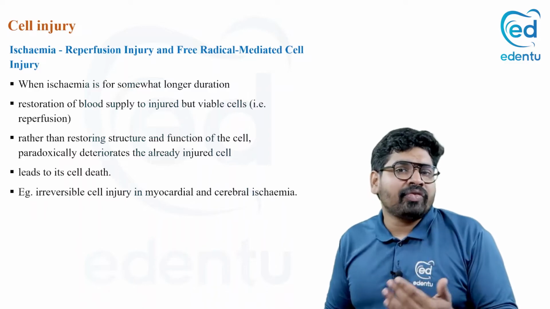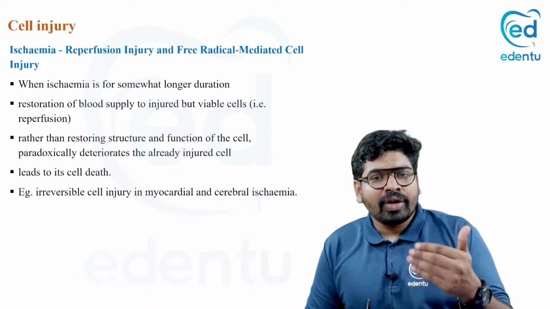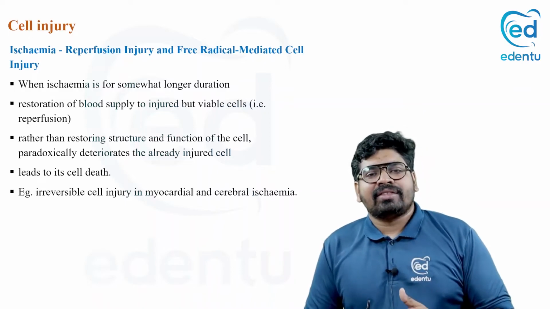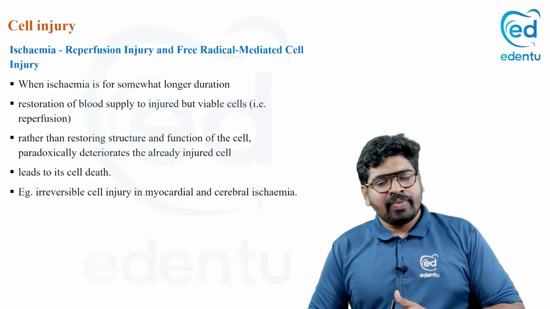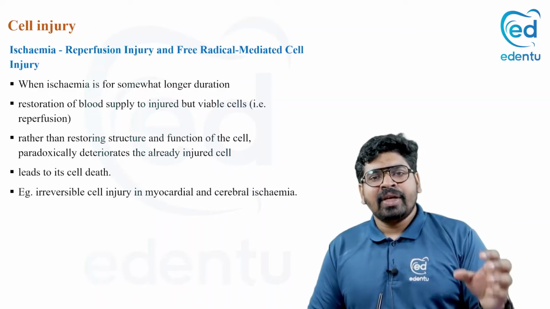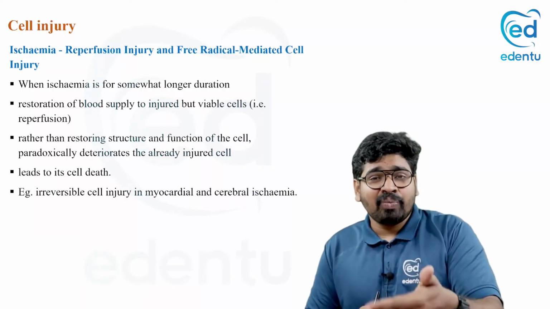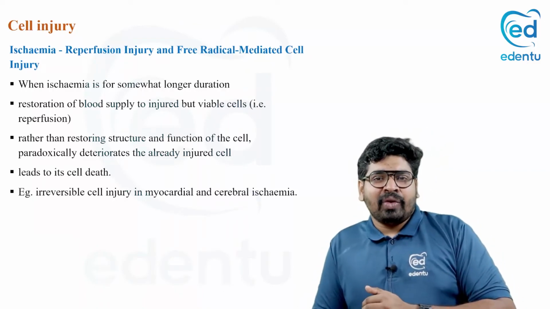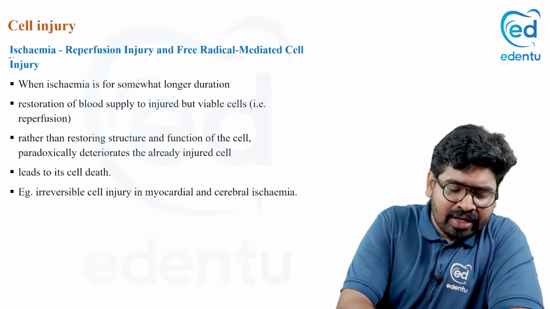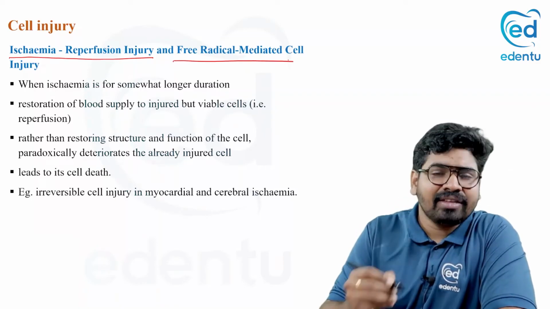Now there is another type of injury called ischemia reperfusion injury. You may ask, if we give more and more oxygen, will it be helpful to our body? We have an injury, the cell is in a reversible stage. We give oxygen, it heals and converts to a normal cell. Now there is a cell injury and more and more stress is given, so it goes to irreversible cell injury. Now we are giving more and more oxygen, trying to save the cell. Is it good to give more and more oxygen to that cell? So that condition we should learn about is ischemia reperfusion injury, or free radical mediated cell injury.